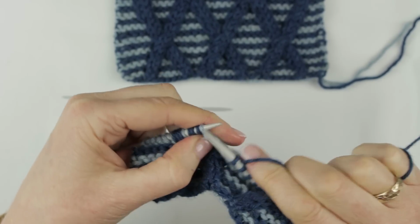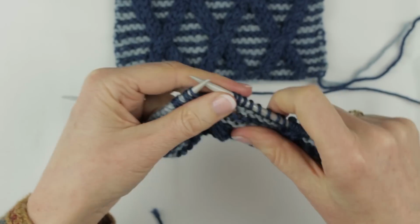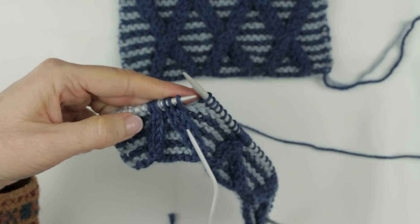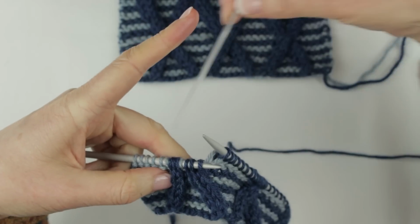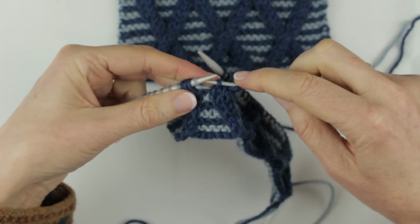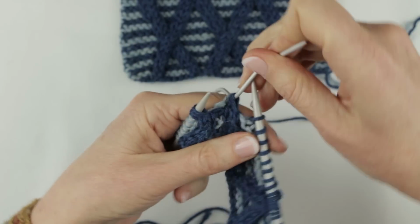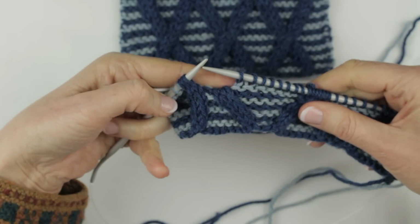So I knit all the in-between ones. I'll go through this a little bit faster. So we want this panel to go behind all the others. So I slip purlwise the first 4 stitches onto the cable needle, put them to the back of the work out of the way,